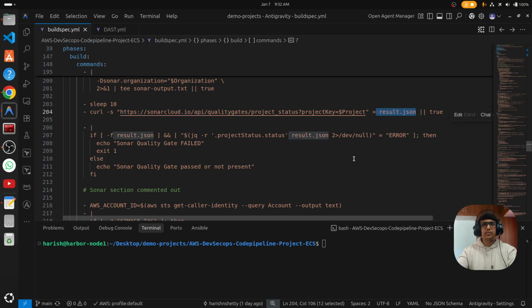Don't worry about the ECR repository creation; it is going to handle it, and if the repository is not available, it is going to create it. Once that is done, Docker build image repo name and Docker tag is going to tag it with latest, and the post build